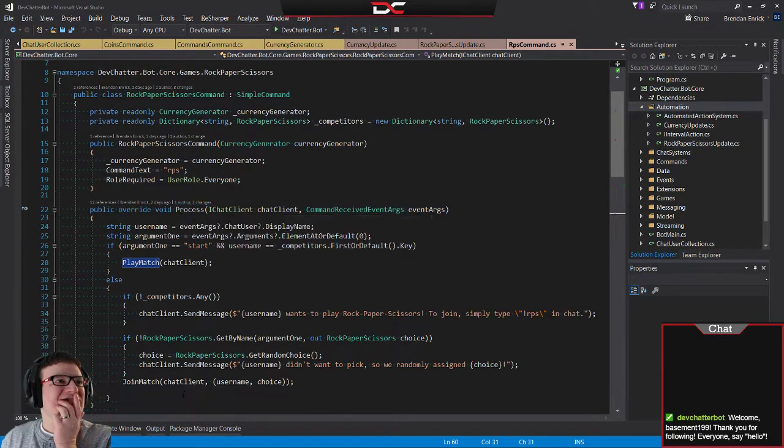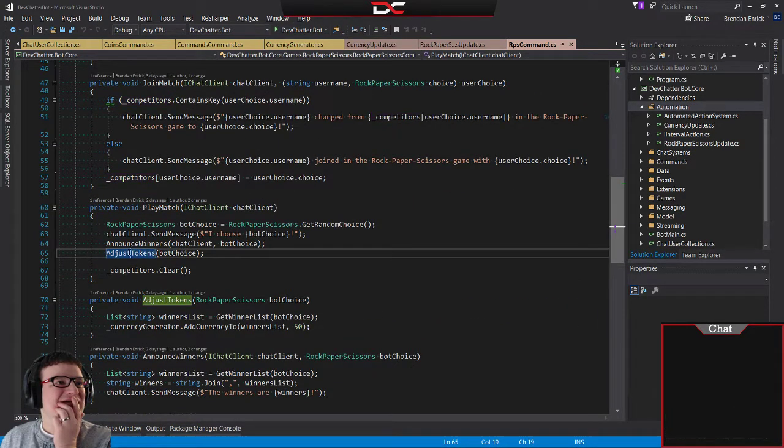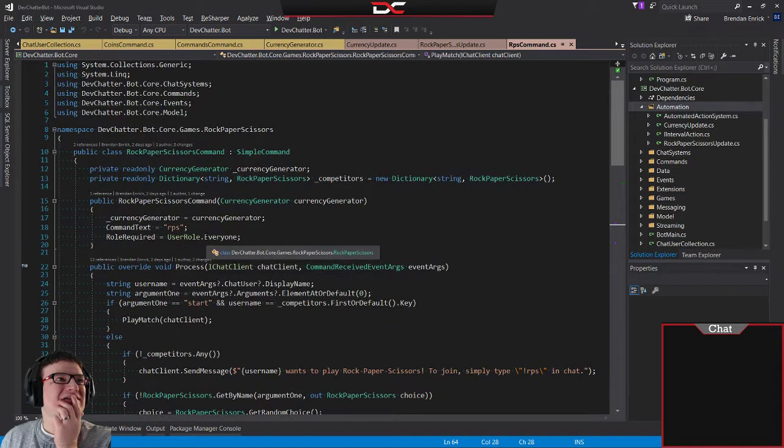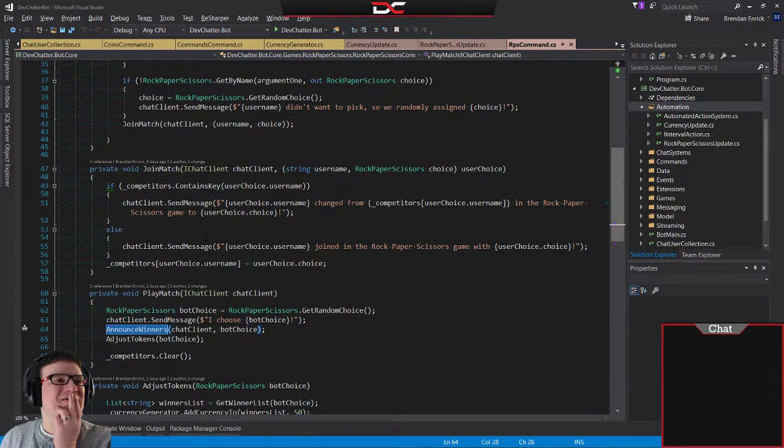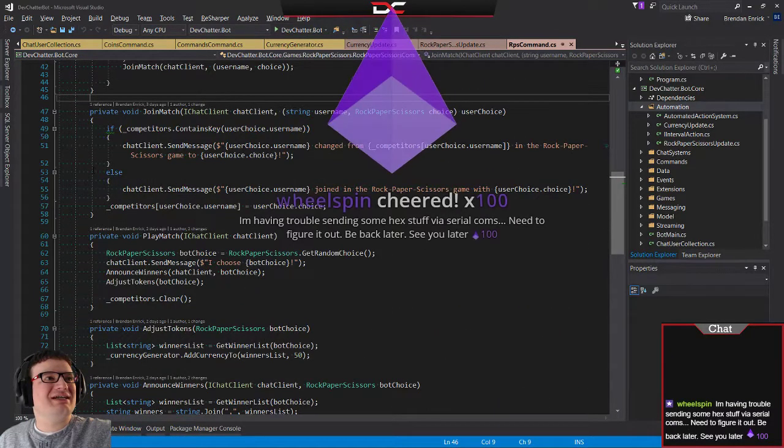Should we be triggering this off the other thing instead of this? Just tokens on the currency generator. Announce winners. Bot choice. It's on this command right now. Interesting. So this needs to know about that one. So I guess what I'm thinking is,